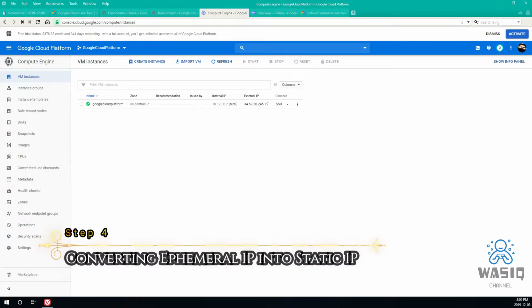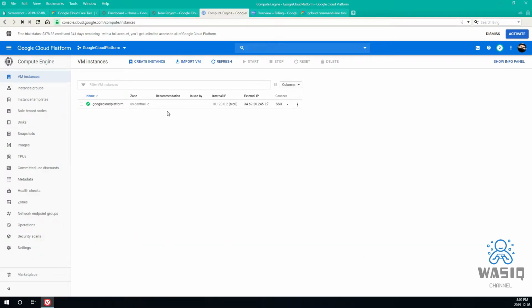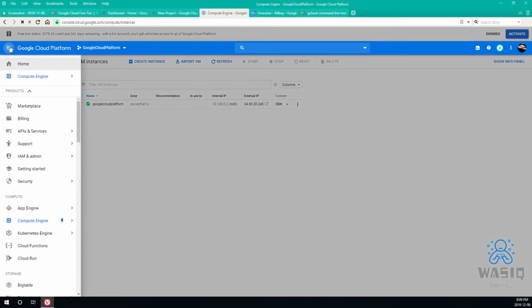As a web hosting server, your VM should have a static IP. Over here, it's showing as external IP, but this is not a static IP at the moment. We need to make this a static IP address. Therefore, we'll be doing some changes in Google Cloud Platform, and from there, we'll go to navigation menu and